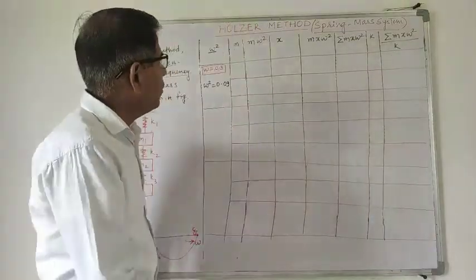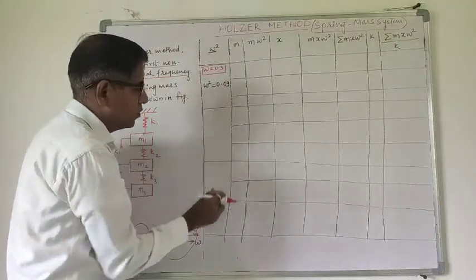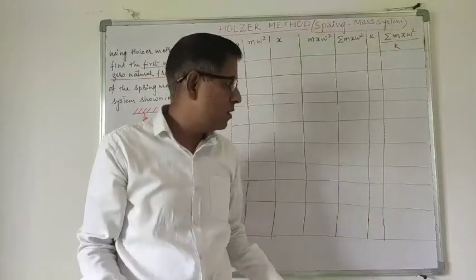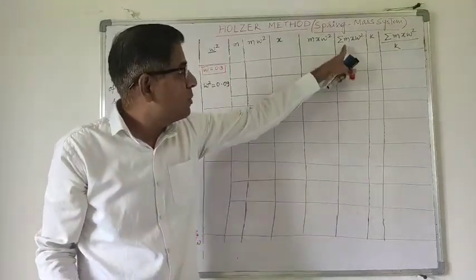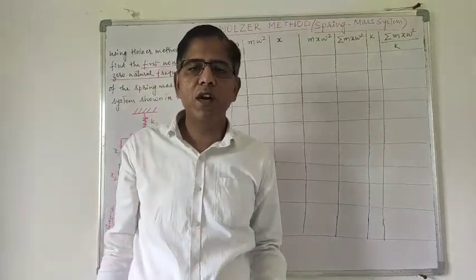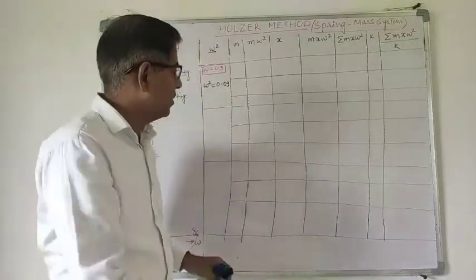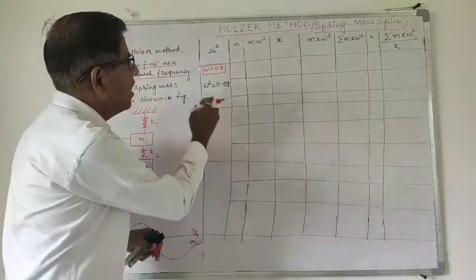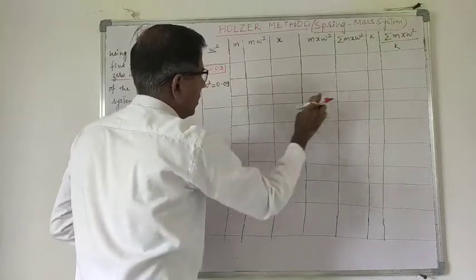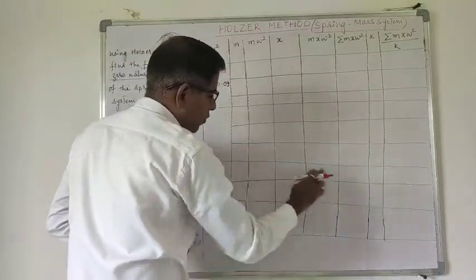Okay. Now here I have drawn this table for 3 iterations. So how many iterations I require, I don't know, because till the value of summation of mx omega square does not become 0, I have to continue these iterations. But here I have made a table for 3 iterations. In every iteration I have made 3 rows, row 1, row 2 and row 3. In the second iteration also row 1, row 2, row 3. In the third iteration also row 1, row 2, row 3.